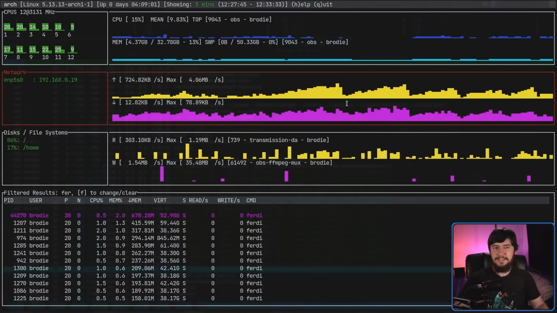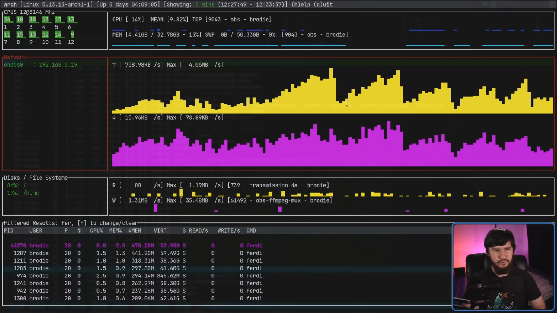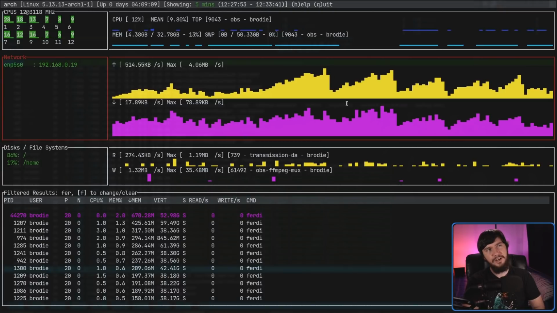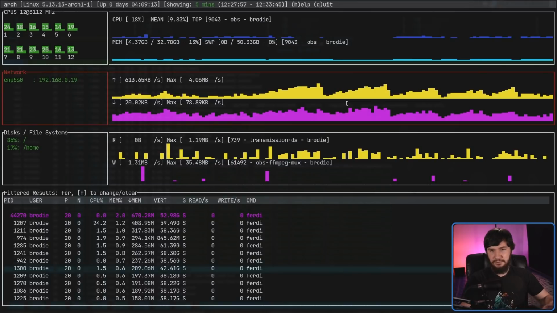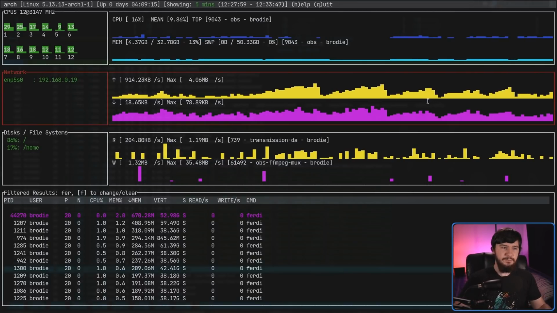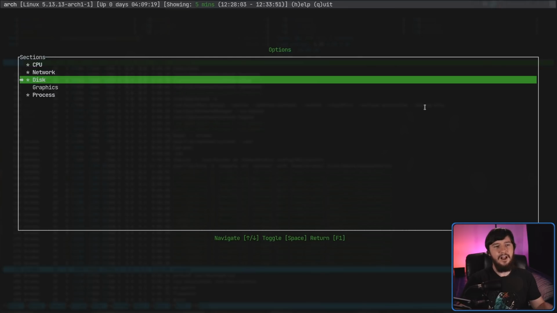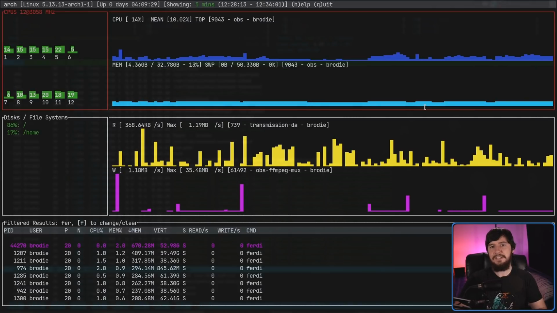So if we go and press E, that is going to go and expand a section, and then M is going to minimize? I don't know what other shrinking word I could think of that starts with M, but it shrinks the section. And if we go and press F1 on the section, that will then let us actually hide different sections. So let's say we don't want to see the networking section. If we go and press space on that one, and then press F1 to return, now networking is no longer